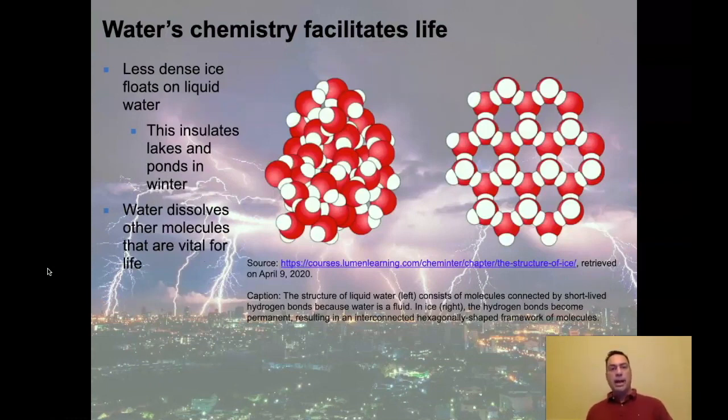All right, another thing that happens is that water has a really cool feature to it, which is that it is less dense as ice than it is as liquid water. This is really unusual. Most things, think about a block of iron. If you take a block of iron, you throw it into molten iron, you expect the iron to sink, and it does. Same thing with gold, same thing is true with silver, but water's different. The solid form of itself actually floats in the liquid form of itself.